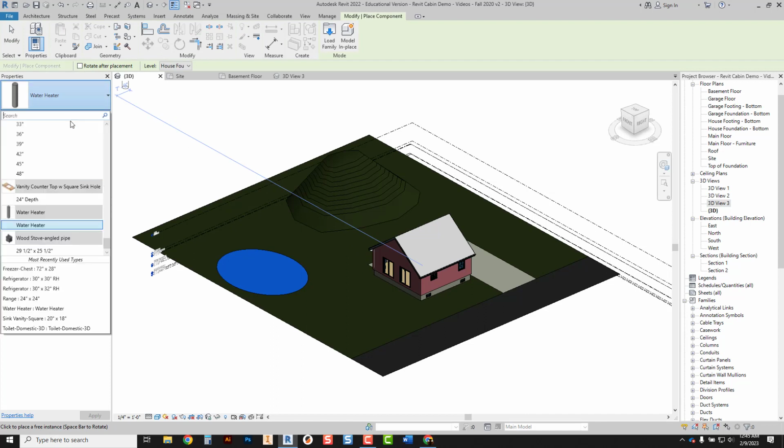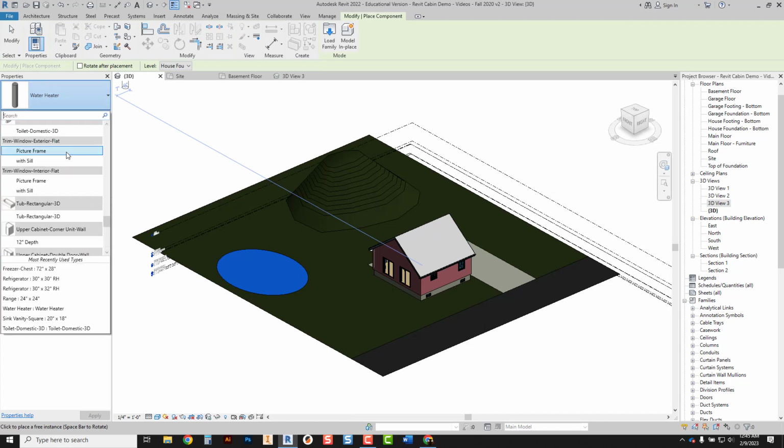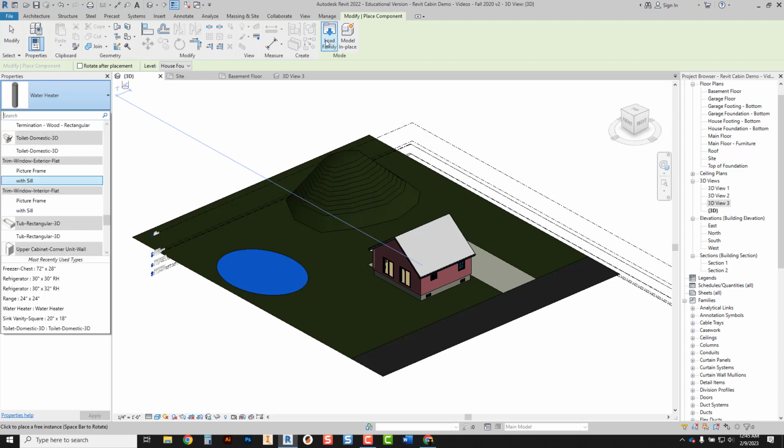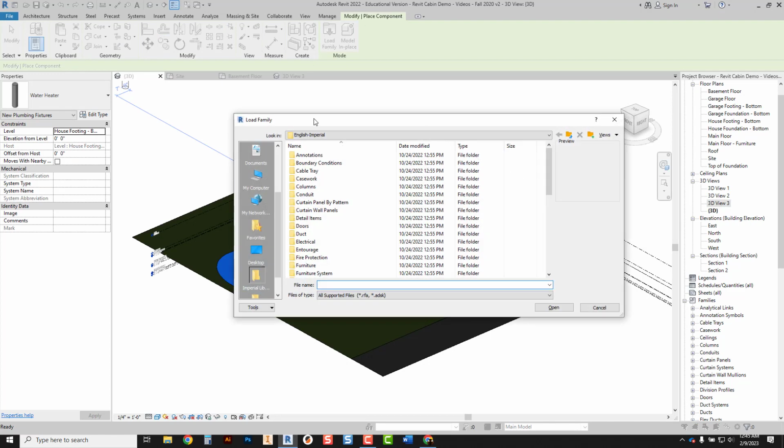And obviously so far our components are more like cabinets and plumbing fixtures or whatever that happens to be. So we need to go and load a family because we need to get some plants. And I don't recall if I have them in the cabin folder exactly, but for sure you can always go to Imperial Library at the very bottom of your list. Imperial Library is the default loaded library on each computer. And we'll scroll down